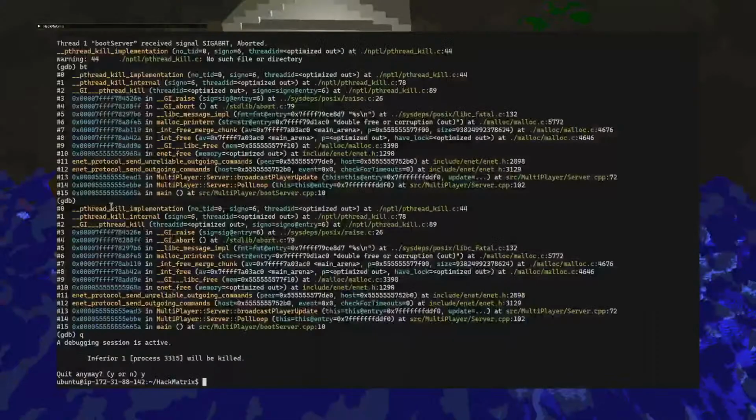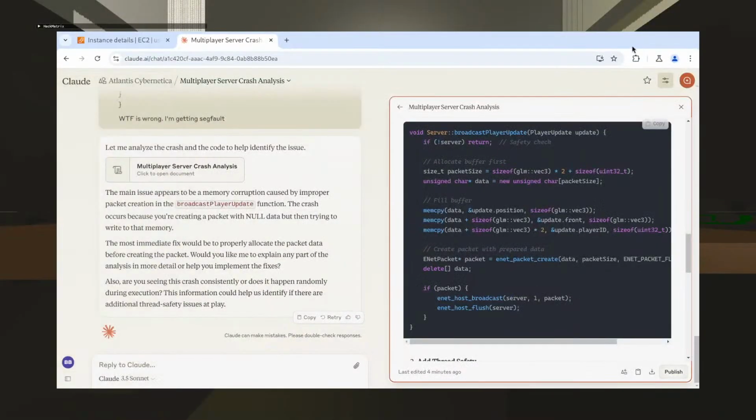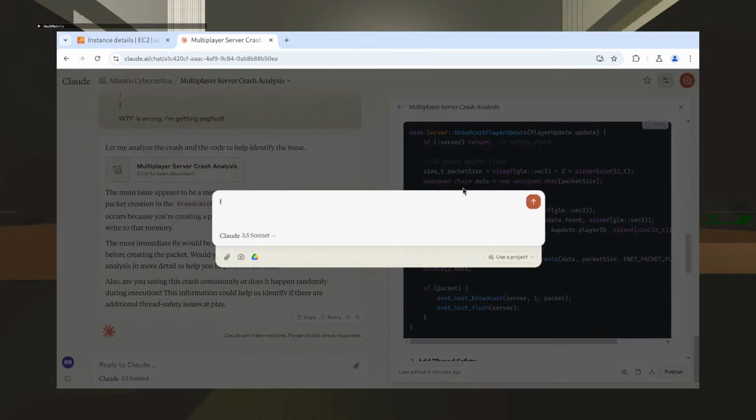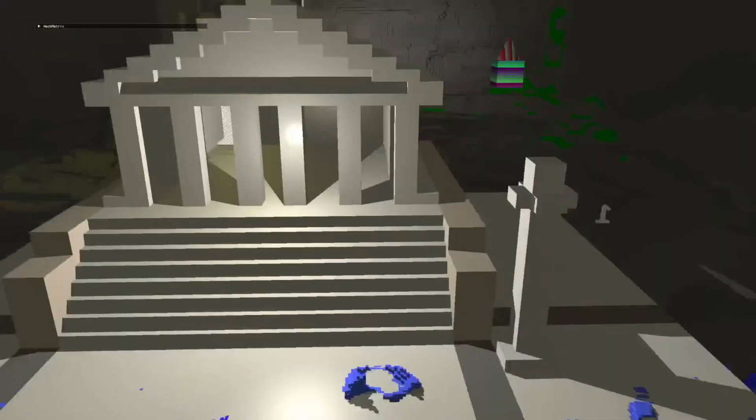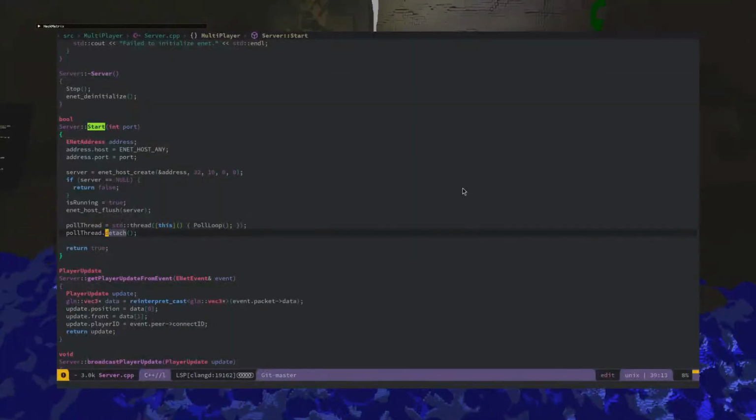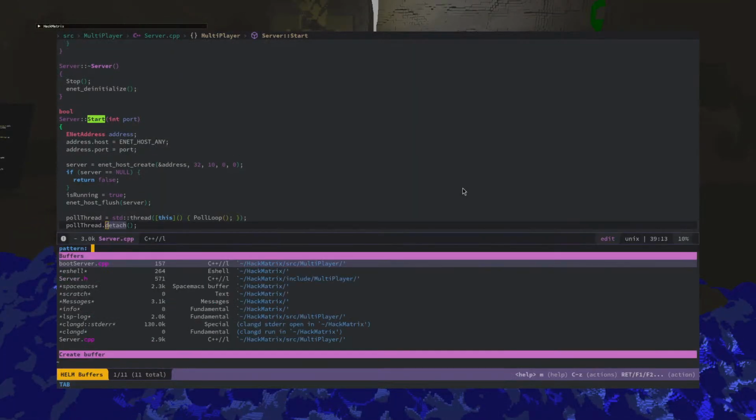I think I fixed it though. At least I know the issue. How, when I have a detached C++ thread, you know what? I'm just going to put a while true, or while true sleep.